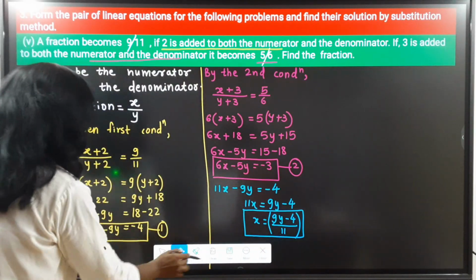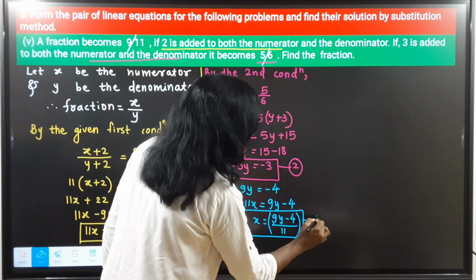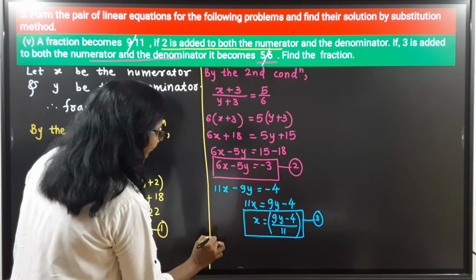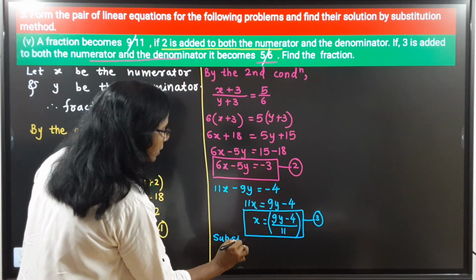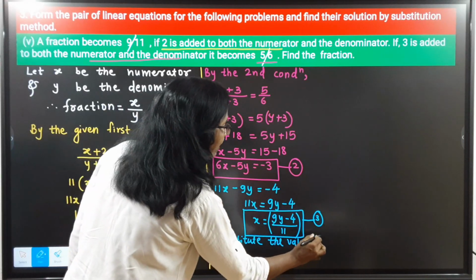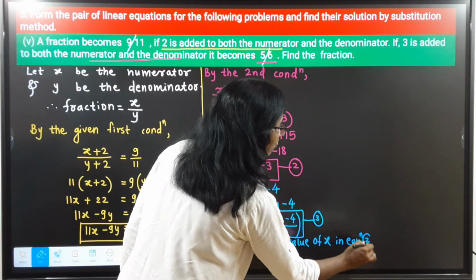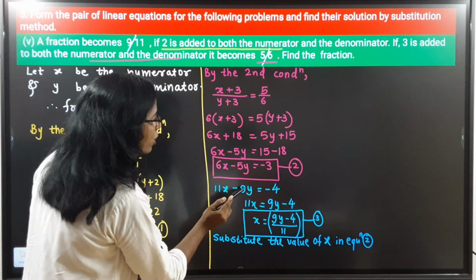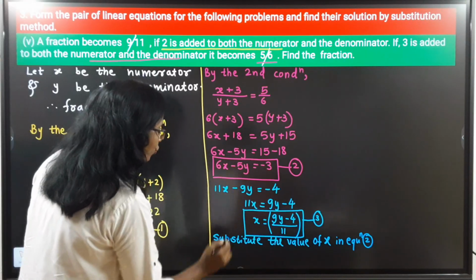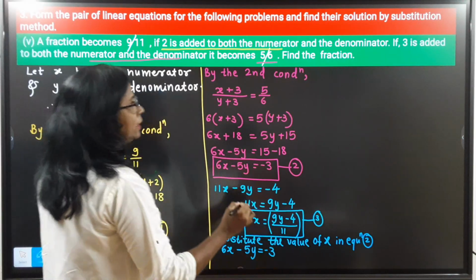Now here, students, I call it the new equation, that is the third equation. Now I say substitute the value of x in equation 2, because this third equation is obtained from the first equation. So that's why we put this value in equation 2. The second equation is 6x minus 5y is equal to minus 3. Then further,